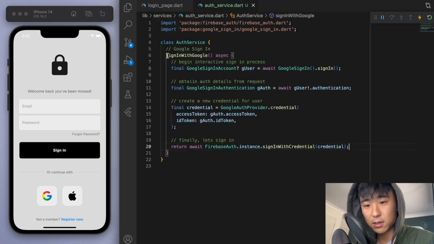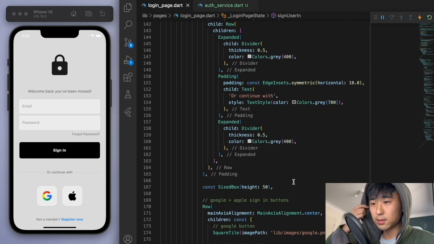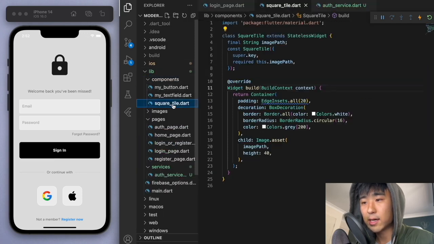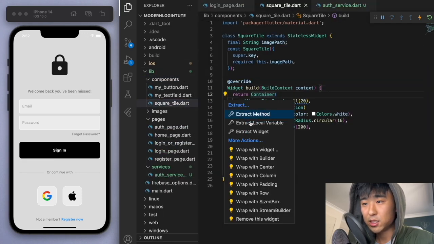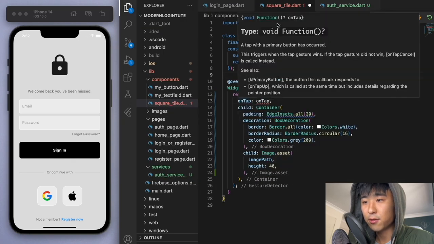Now, if you come back to the login page, we want this Google button to be clickable, right? If you scroll down, it's this square tile that we created earlier. We could just wrap this in a gesture detector right here. But since we have the Google as well as the Apple to do, let's go to our square tile component and add the gesture detector here. So on the onTap, let's create an onTap method